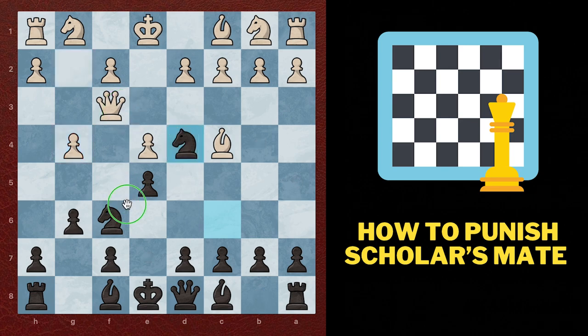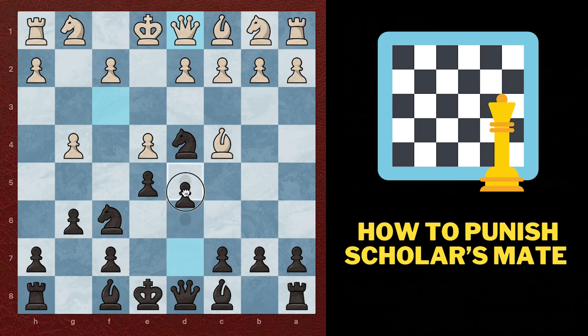Now, the queen can't capture the knight because our queen is protecting the knight. Now, if the queen goes to any other square, for example, queen to d3, then our knight can just capture the g4 pawn. So if white wants to protect this pawn, he must move the queen back to d1. And now, white has a very strong move, that is moving the pawn to d5. If white just captures our pawn,